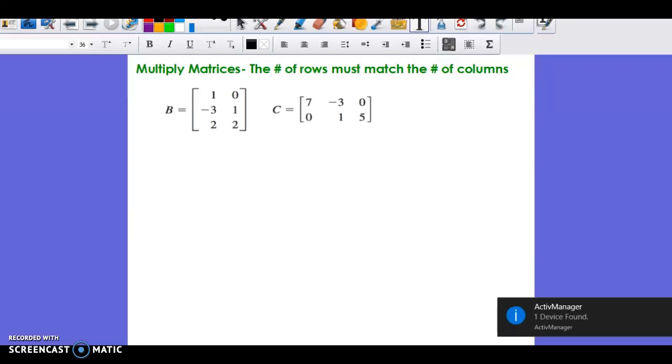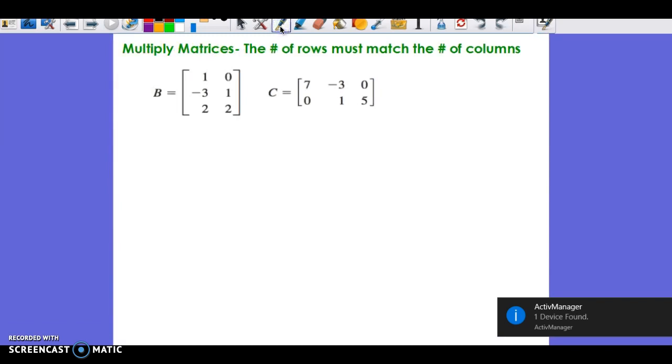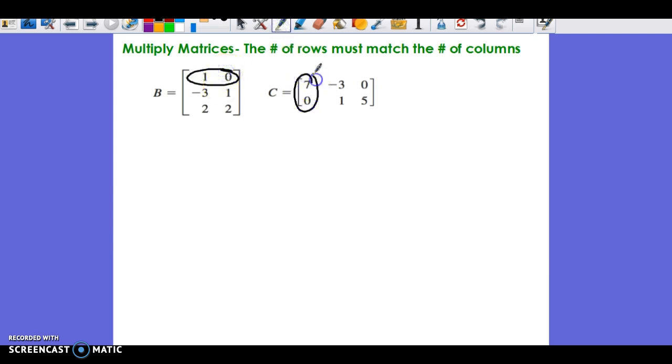Alright, so I got cut off in my last video, and so I wanted to show you some multiplying matrices examples, and that'll be it for this section. So what we're going to do is take the first row times the first column, and we're going to multiply 1 times 7 and 0 times 0. So this is a